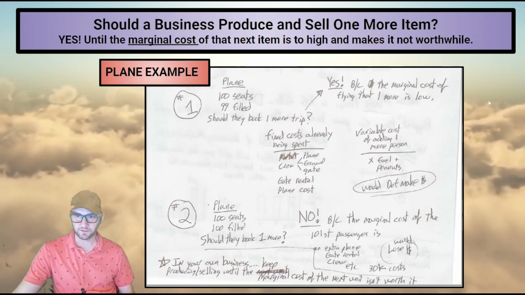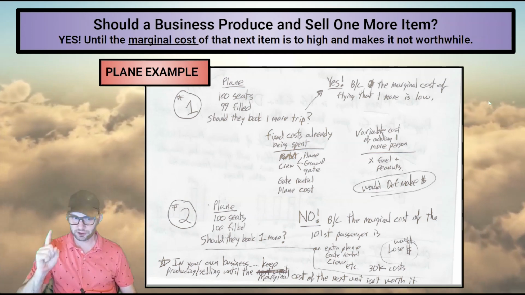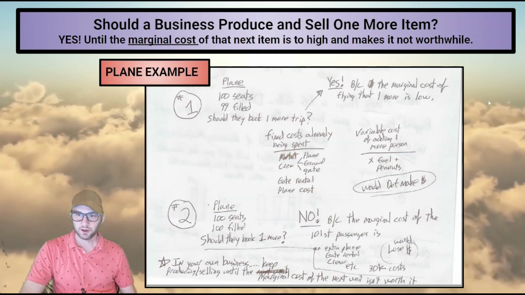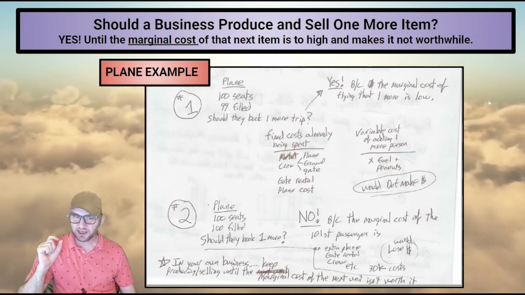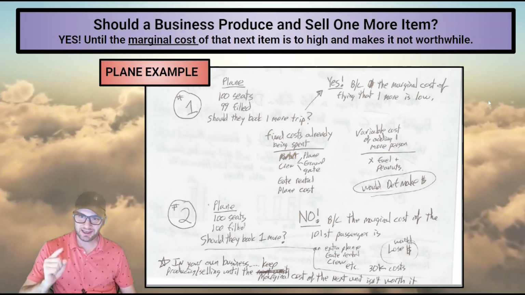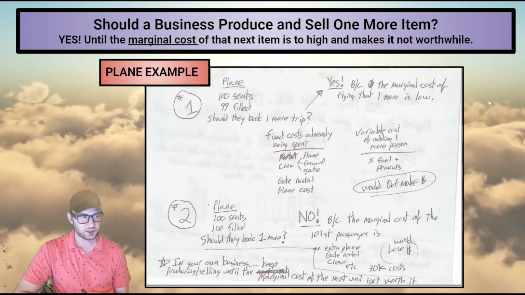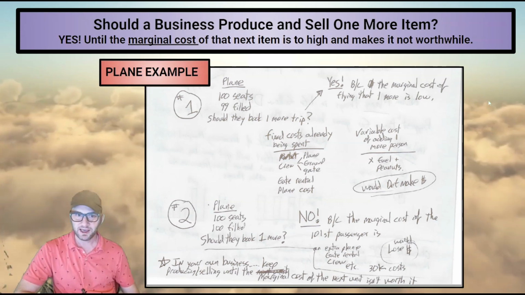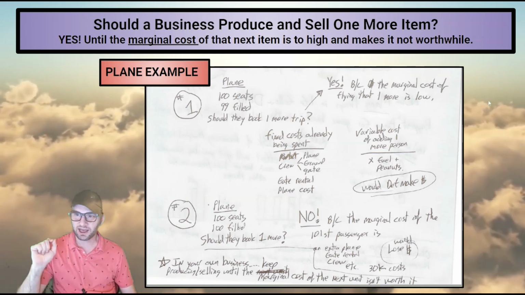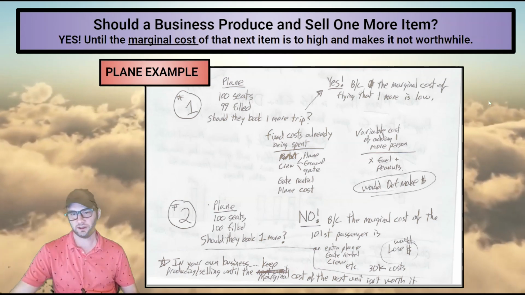This might be a little counterintuitive. See, the first 99 items you produce might make you a profit, but producing that 100th item might throw your whole business into a loop, and it might not be worth it. Or spending that extra hour at your job might not be worth it, even though you could spend that extra hour and make more money. Okay, so the answer is not always yes. The answer is not always produce as much as possible. The answer is think carefully about the next hour you're going to make or the next thing you're going to make. And is that next thing worth it, or is that next hour worth it to you?